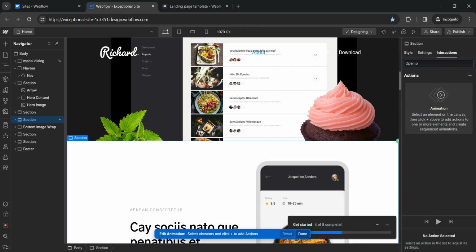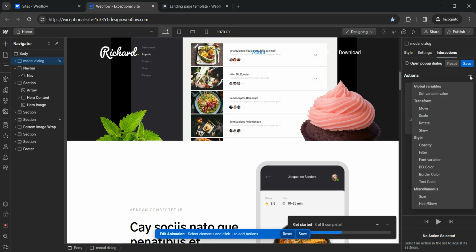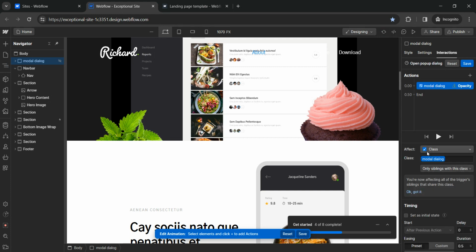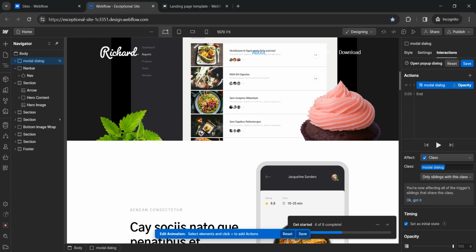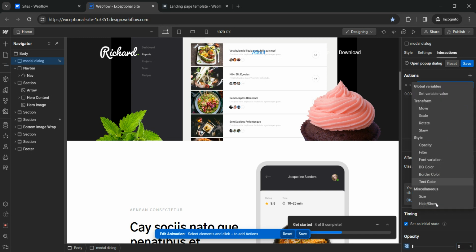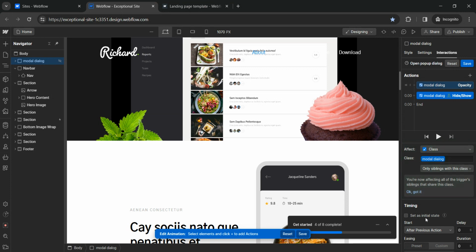Open pop-up dialog. And now we want this modal pop-up to be in effect. So I'll select this div and add actions. I'll just set the initial state first for this div. Initial state opacity of this div is 0, and we'll just add another attribute, hide and show, which is